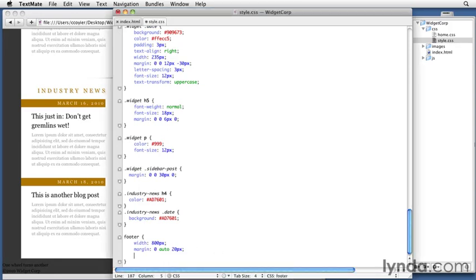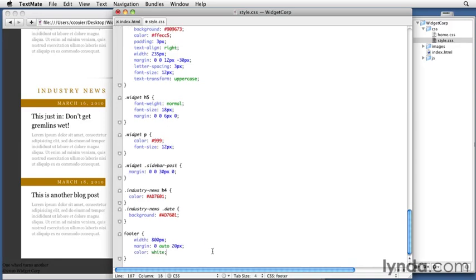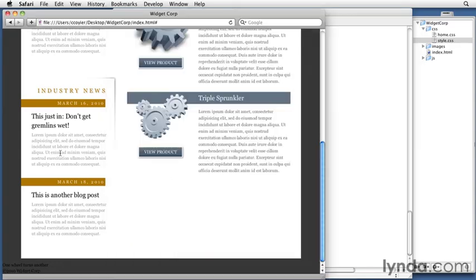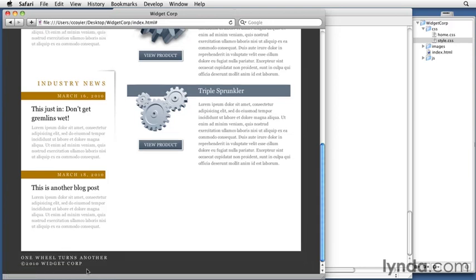We'll make sure that the color in the footer is white as is in our mockup, and that the text is uppercase, and that our letter spacing is just spaced out just a little bit to kind of look cool. So let's save and reload, and now we have it going on pretty good there, but we need to move